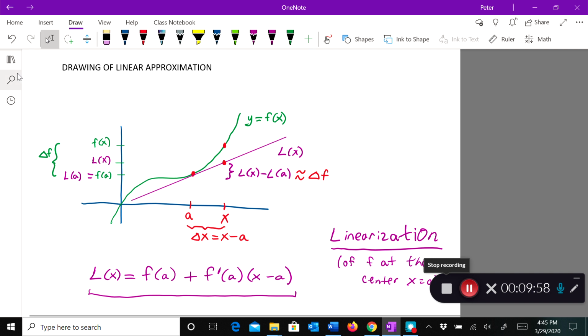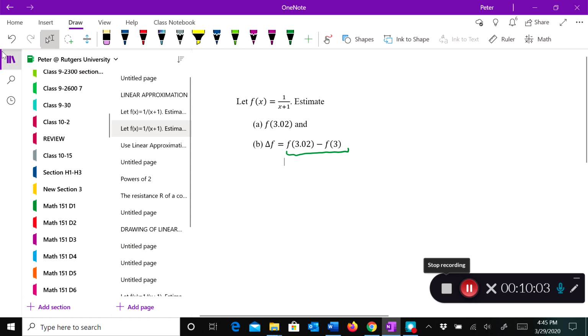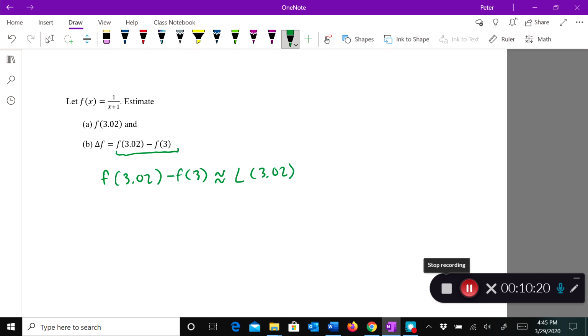So what that means really is that the approximate value, delta f, in other words, f of 3.02 minus f of 3, is approximately equal to L of 3.02 minus L of 3. In other words, this is the difference that I'd get if I followed the actual function. This is the difference that I get in y value if I follow the tangent line instead. So